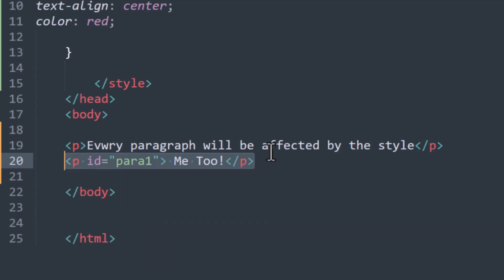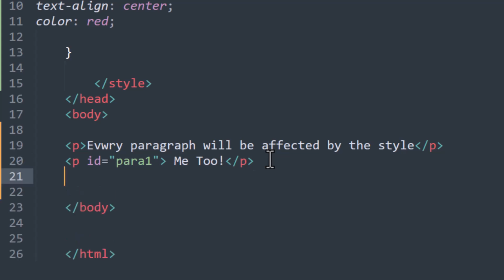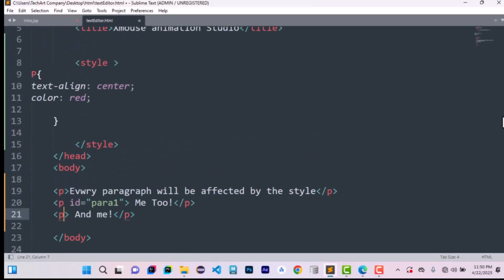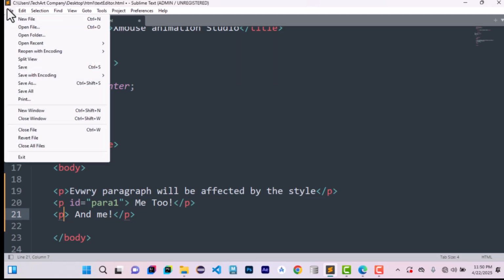Copy this, because now I'm saying all the P tags will be affected, and I can say down here, just like that. Now this one should not have an ID, just like that. So guys, what do you think if I run this? Because now I have my style above here, and I say text align, and I did some stuff here. So let me just save this,